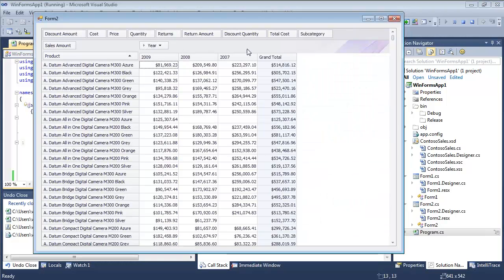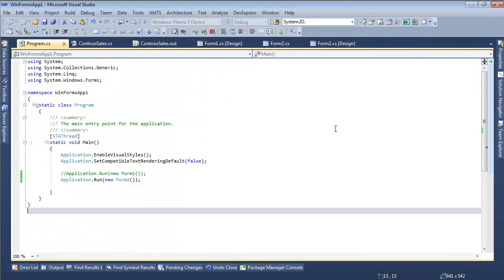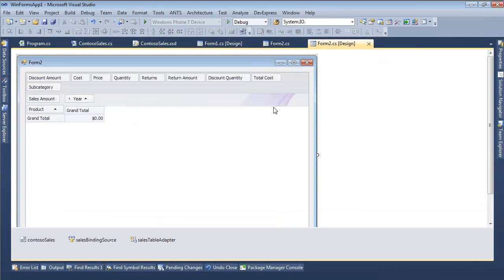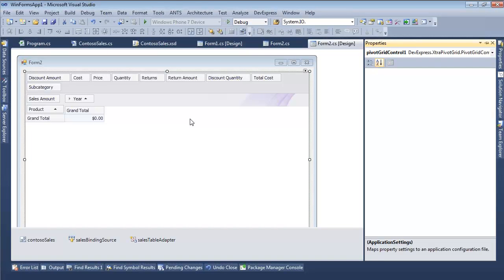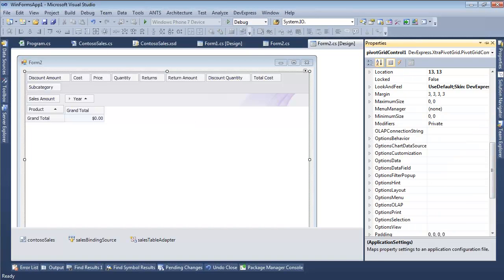Now the nice thing is you actually have the capacity to go ahead and hide any of these headers that you'd like to. There's a group of properties. Let me go ahead and take a look at those properties. So if we go into our designer, oops, there we go, and pull up the properties for the pivot grid, the properties here are,